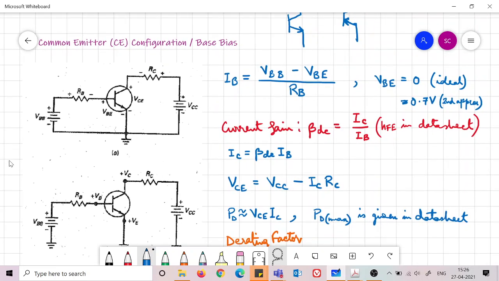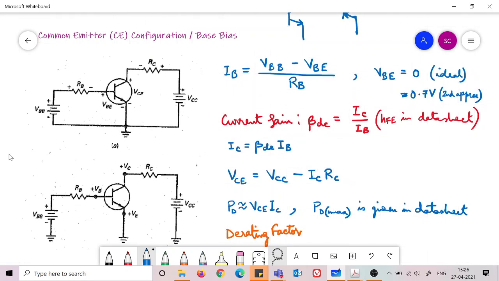So now let us analyze the common emitter configuration. This analysis is very simple. It is simply KVL and KCL equations. When we have the transistor placed in the circuit, what are the different voltages and currents that we are trying to measure? It depends on the exact loops that we have formed in these circuits. So this is one loop, this is another loop.